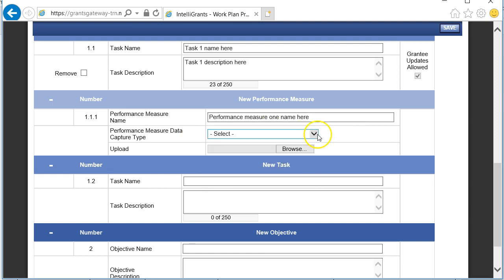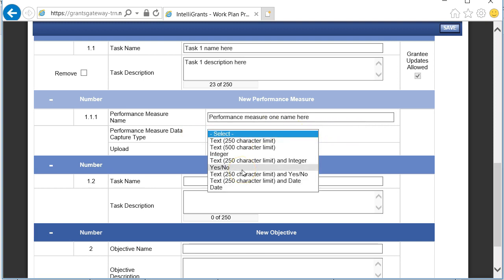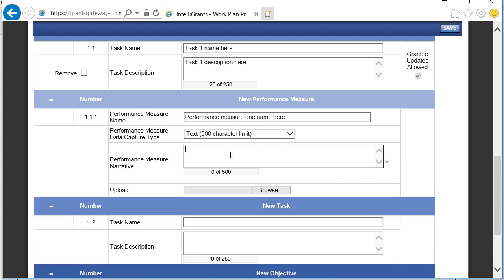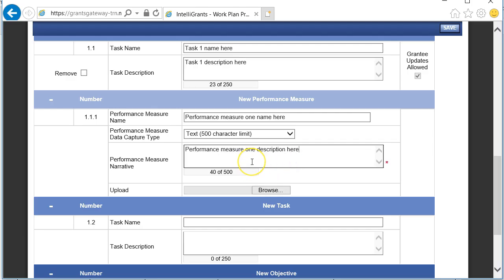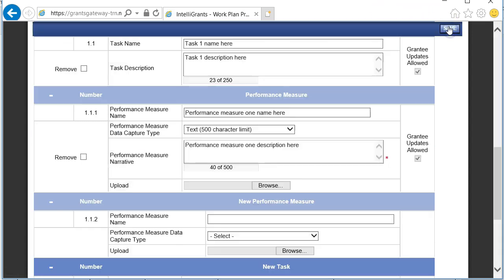The Grants Gateway gives you a choice to select what type of performance measure you'd like to enter. In most cases, you'll select a text option. In this case, I'll select text 500 characters. I can go back to my worksheet and copy the text that I've placed in this last field. Notice there's an option to upload a file. Perhaps you have an intake form or an example form you'd like to show. That's not required, and I'm not going to do that in this case, so I will hit save,